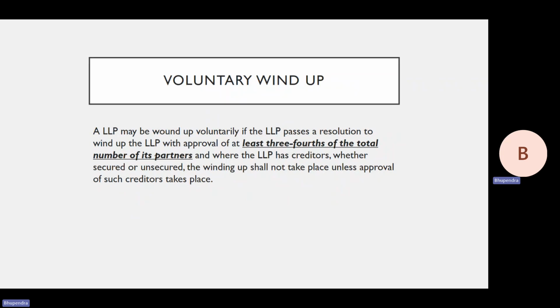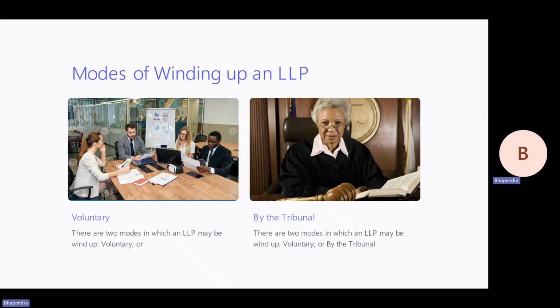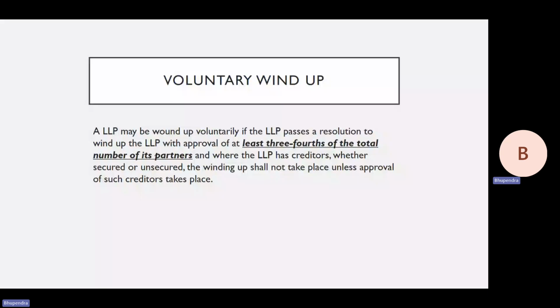the LLP with the approval of at least 3/4 of the total number of its partners, and where the LLP has creditors, whether secured or unsecured, the winding up shall not take place unless the approval of such creditors takes place. इसमें आपको at least 3/4 of the total number of partners की approval लेनी पड़ती है winding up से पहले, voluntary wind up से पहले।